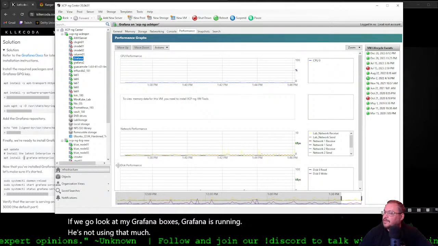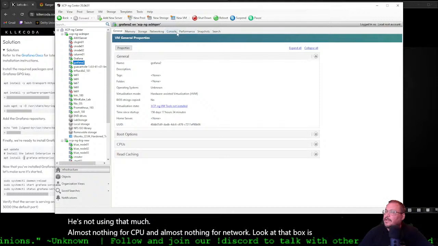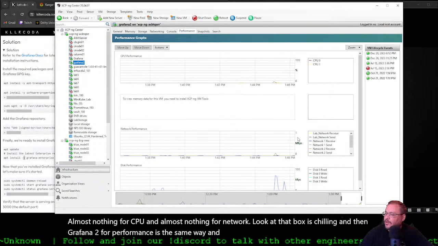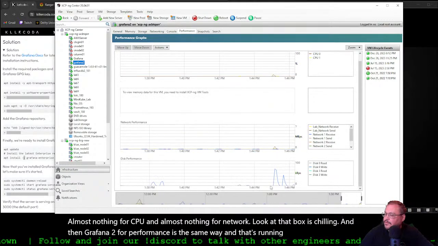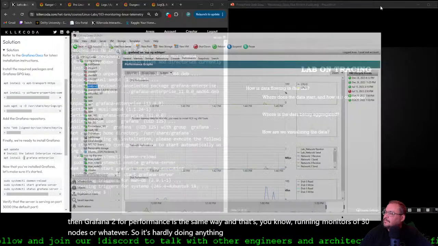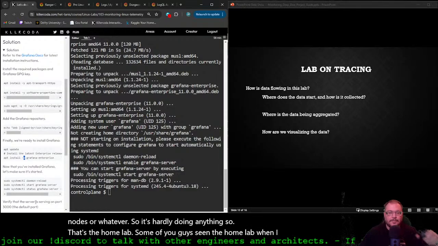Almost nothing for CPU and almost nothing for network. Look at that, that box is chilling. And then Grafana 2 for performance is the same way, and that's running monitors of 30 nodes or whatever. So it's hardly doing anything. So that's the home lab. Some of you guys have seen the home lab when we talk about it.